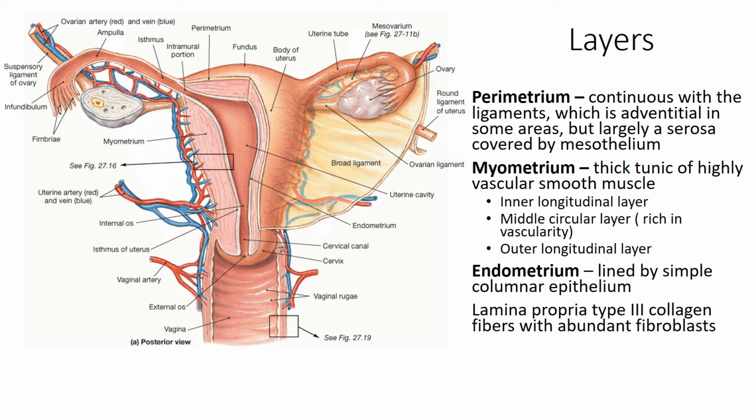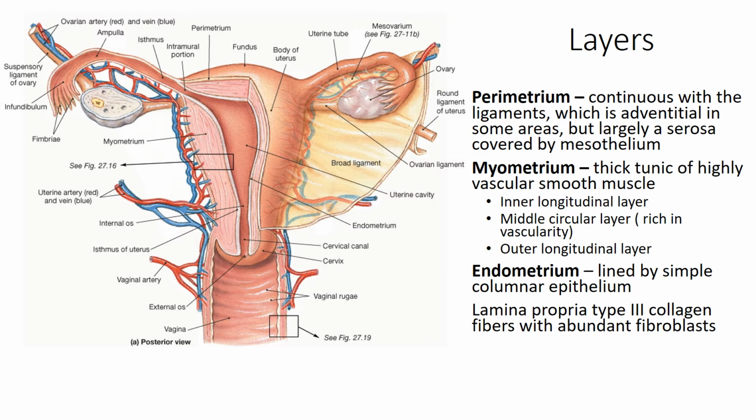So this is covered all around by the serosa, except these portions which are covered by the adventitia. The outermost covering is of mesothelium resting on connective tissue. Anterior to that is the muscle layer, a very thick tunic of highly vascular smooth muscle layer, and that is